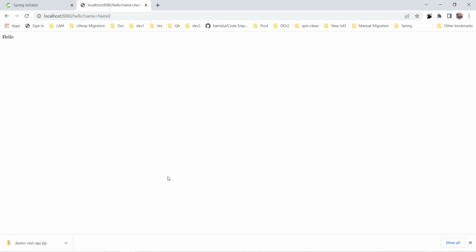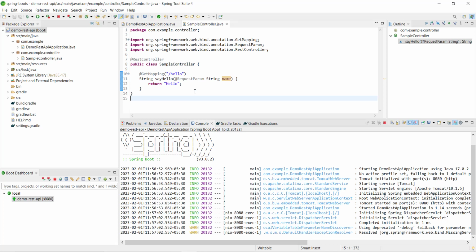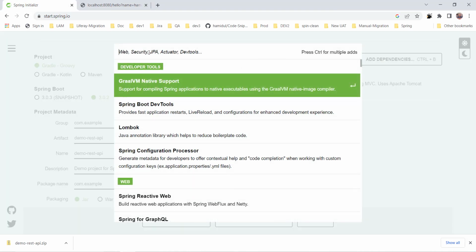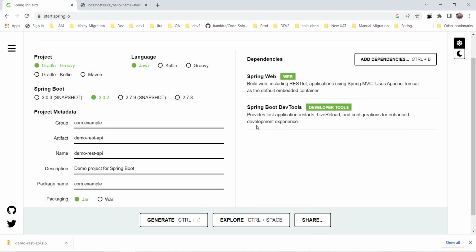Now another important thing that I want to add here. Whenever you modify your code, you need to restart the application again and again. To solve this problem, there is a starter dependency we can add, and later on there's no need to restart your application again and again. So let me go to the browser once again and add that dependency. It's something like dev tools. This dependency is needed in the build file. After adding this, you don't need to restart your application, because it will automatically detect whatever changes you make in your code. So you click here, explore,